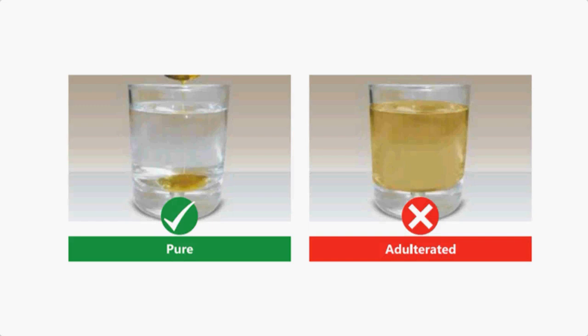So likewise, drop a honey on the corner of a floor or on the table. Leave it, and come again and see after 2 or 3 hours. If you see some ants eating it, then it is not pure honey. It is a sugar syrup. If it is a pure honey, ants will not come and eat it. Okay, so these are the two ways by which you can find whether the honey is a pure one or an impure one.